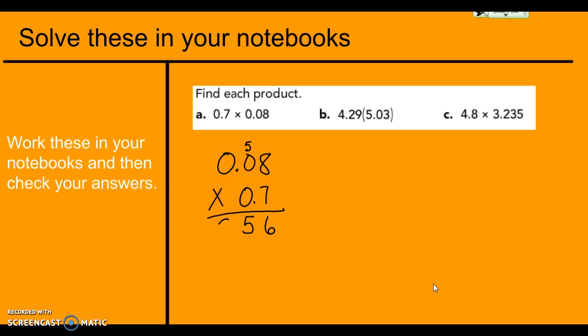7 times 0 is 0. I'm going to put my 0 for my placeholder. 0 times 8 is 0. 0 times 0 is 0. And 0 times 0 is 0. All right, I'm going to add my numbers together. 6, 5, 0, 0. All right, now I'm going to go back up here and I'm going to underline 1, 2,